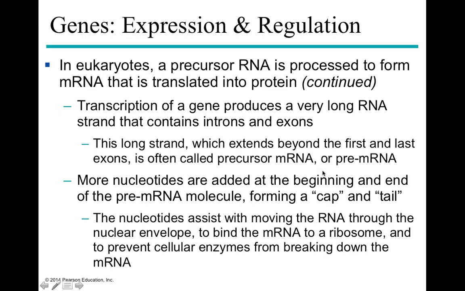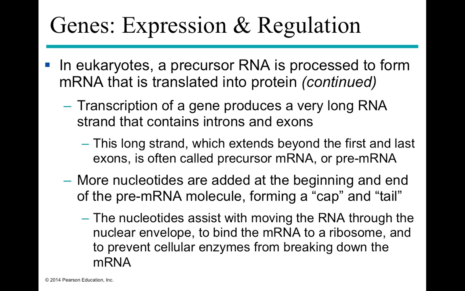First, we are going to have some nucleotides added at the beginning and at the end of the mRNA molecule. That's going to form a cap and what we call a poly-A tail, and basically that's going to form a ring. So now that mRNA molecule is going to be a ring because the cap and the tail are going to bind to one another. That's going to assist in the longevity of the mRNA molecule because it's going to be degraded pretty much as soon as enzymes are able to start getting away at the tail. And so that's why I put additional poly-A at the end of the tail so that those enzymes that are degrading it are going to have something to eat while we're still processing and